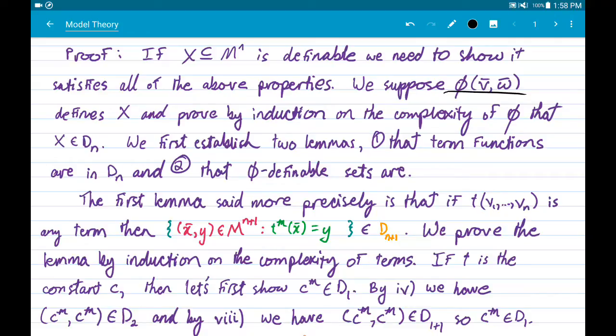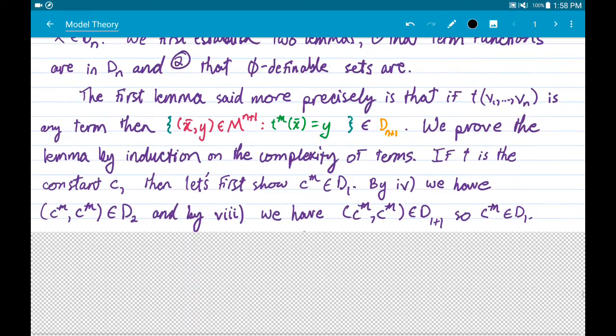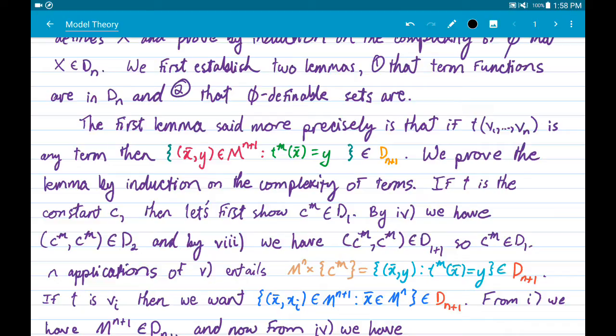So now getting into the proof, we suppose that we have a definable set. It is defined by this phi with some free variables expressed by v and w, but there are n of these variables v, and the definable set is a set of tuples of length n. So we're going to prove this by induction, and as usual, we will establish a lemma before getting into the